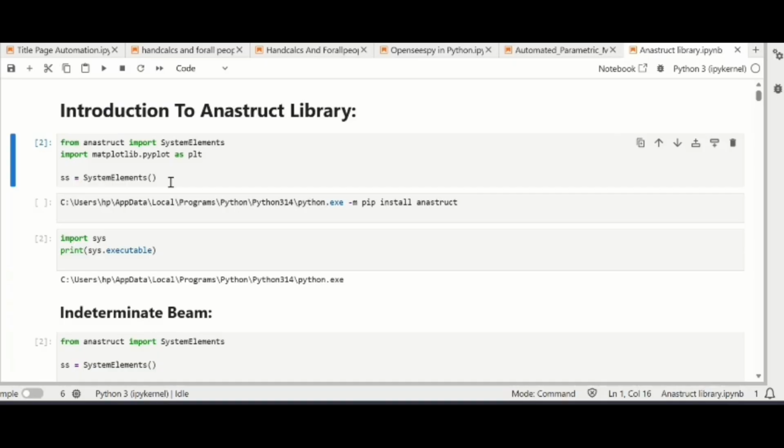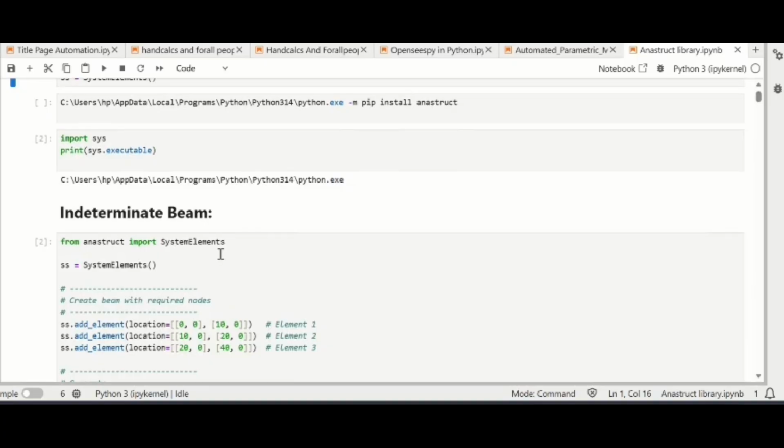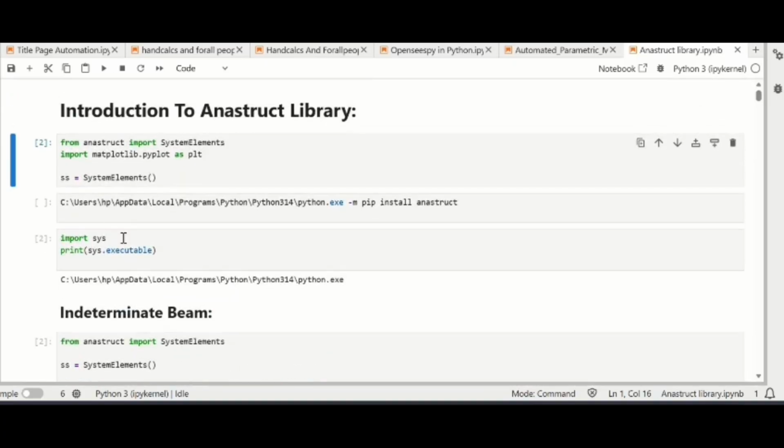So look, it is one of the amazing libraries and I would like you to also explore it. So without wasting a single minute, let me introduce you to the NStruct library. And there is another library called Matplotlib, which is used for data visualization in the form of graphs, as we do in Excel.